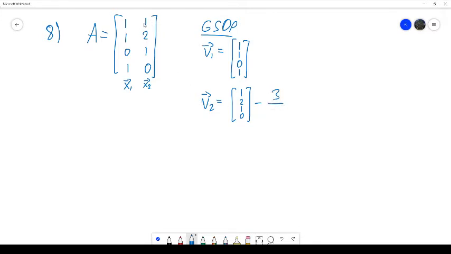And then the dot product of v1 with itself over here, so this would be a 3 also, times the vector v1. Okay, so this is just 1, so we're essentially just subtracting these vectors, and if we do that, 1 minus 1 is 0, 2 minus 1 is 1, 1 minus 0 is 1, 0 minus 1 is negative 1. Okay, so now we have 2 orthogonal vectors,